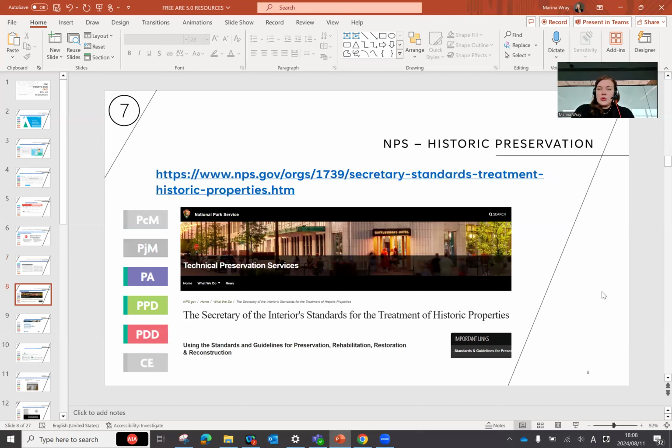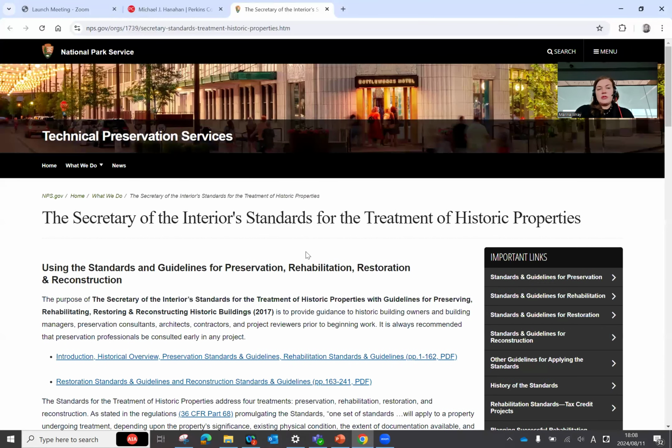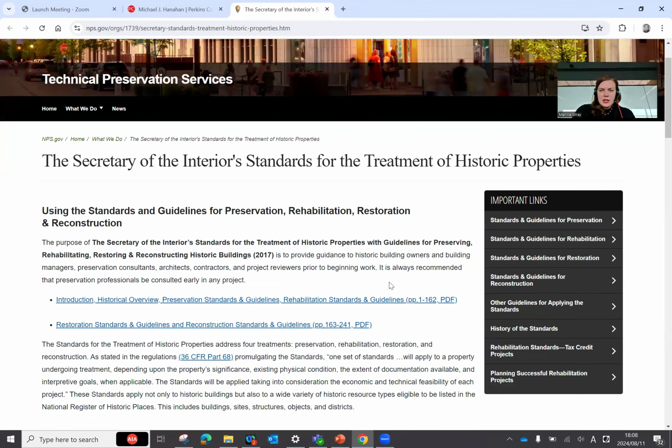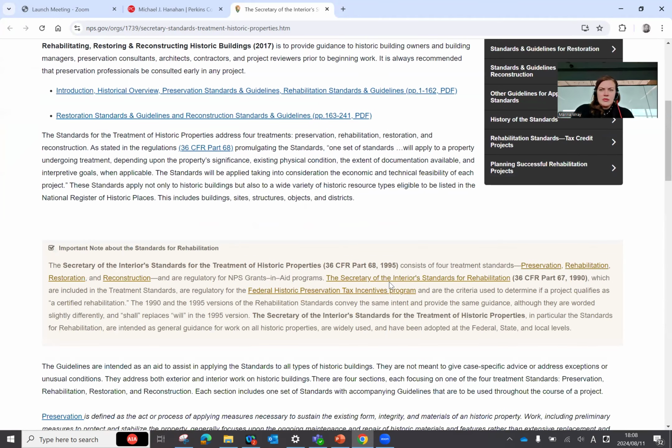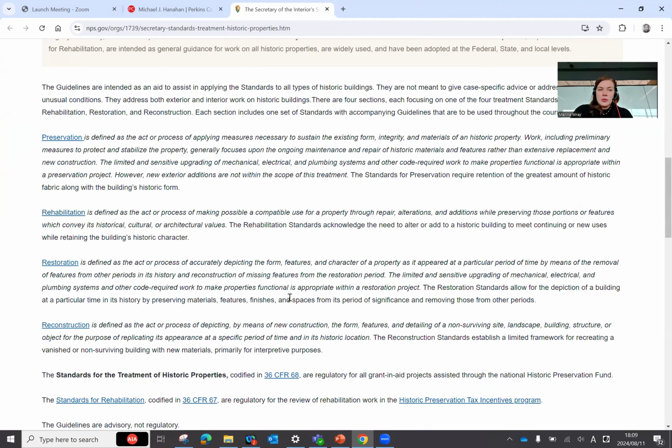This one is historic preservation. So NPS, or National Park Service, put together this document. Let's see what that is about. And these are the guidelines of the Secretary of the Interior's standards for the treatment of historic properties. So basically here you can see some information on the preservation, rehabilitation, restoration, and reconstruction. And those are the regulatory documents. So you will find actually quite a few questions about